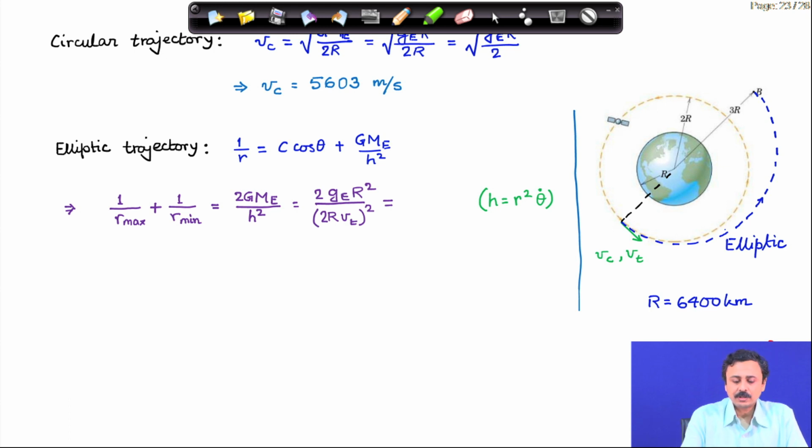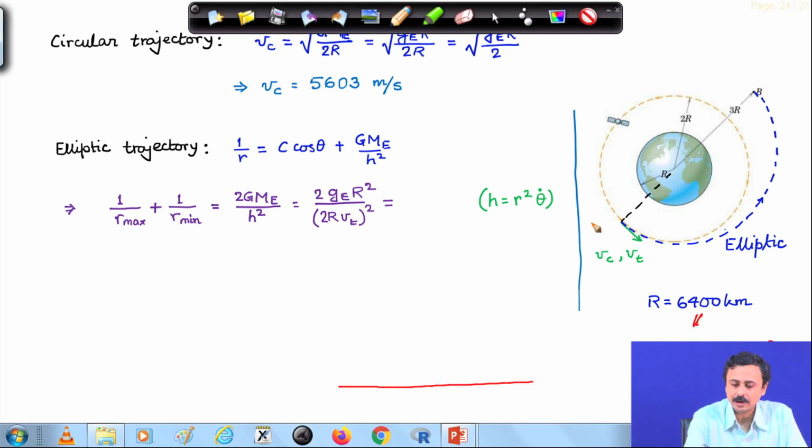If you again replace capital G into mass of earth as g e R, radius of the earth square, and h square, which is the angular momentum per unit mass, as 2 R into V t, because why 2 R? Because the satellite is at a distance of 2 R here from the center of the earth, from the focus,